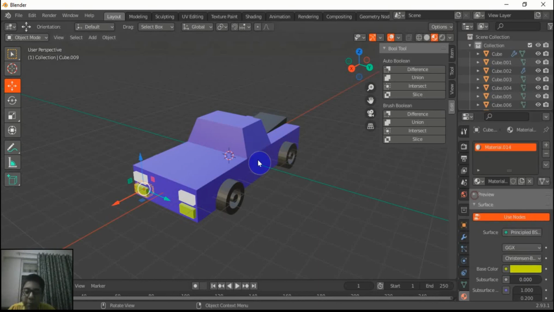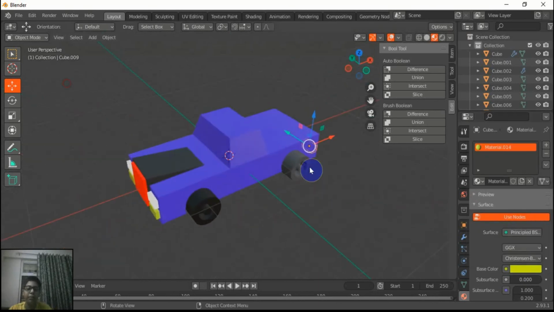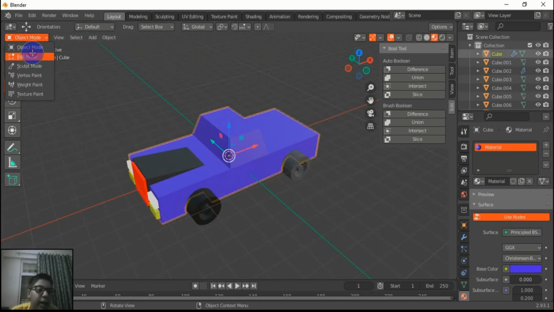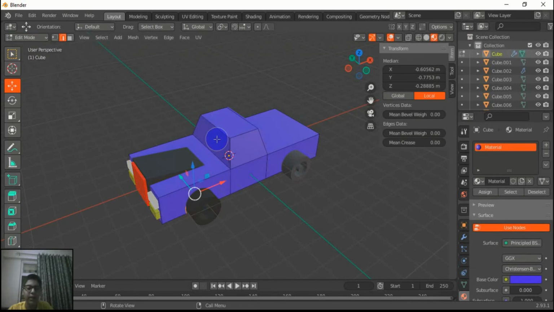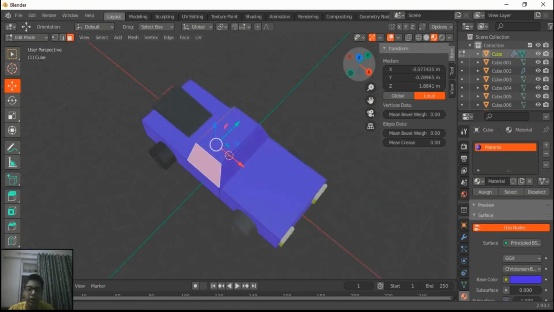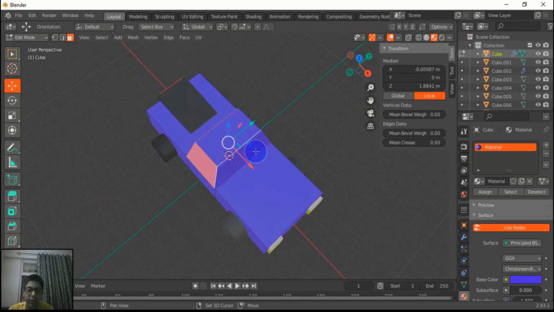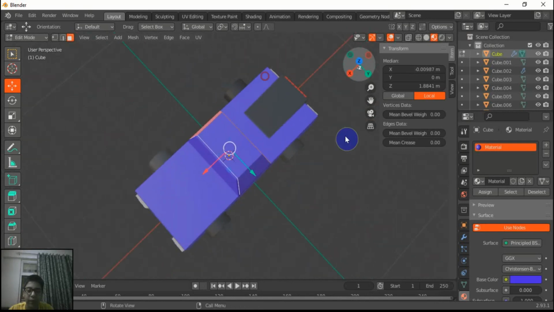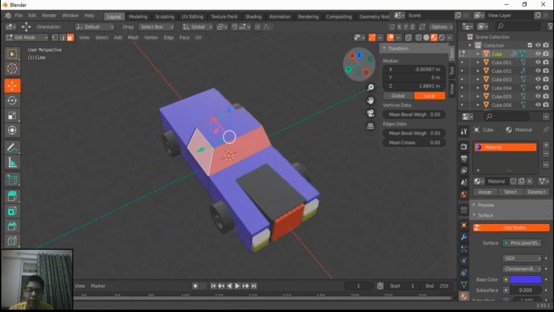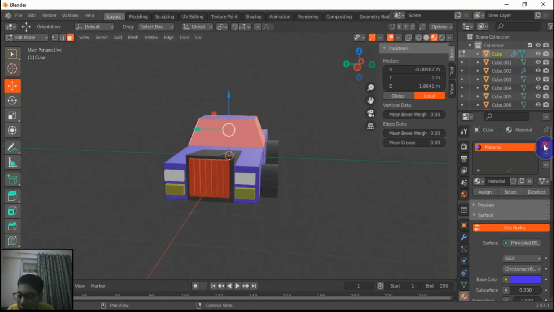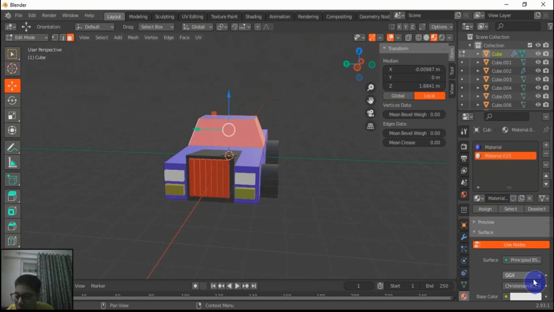Now I want to make this windows black. For this we will select our body, go to edit mode. Now select this face review and select this one, press shift and select this also, this also, this also. Now we will add here, add new.